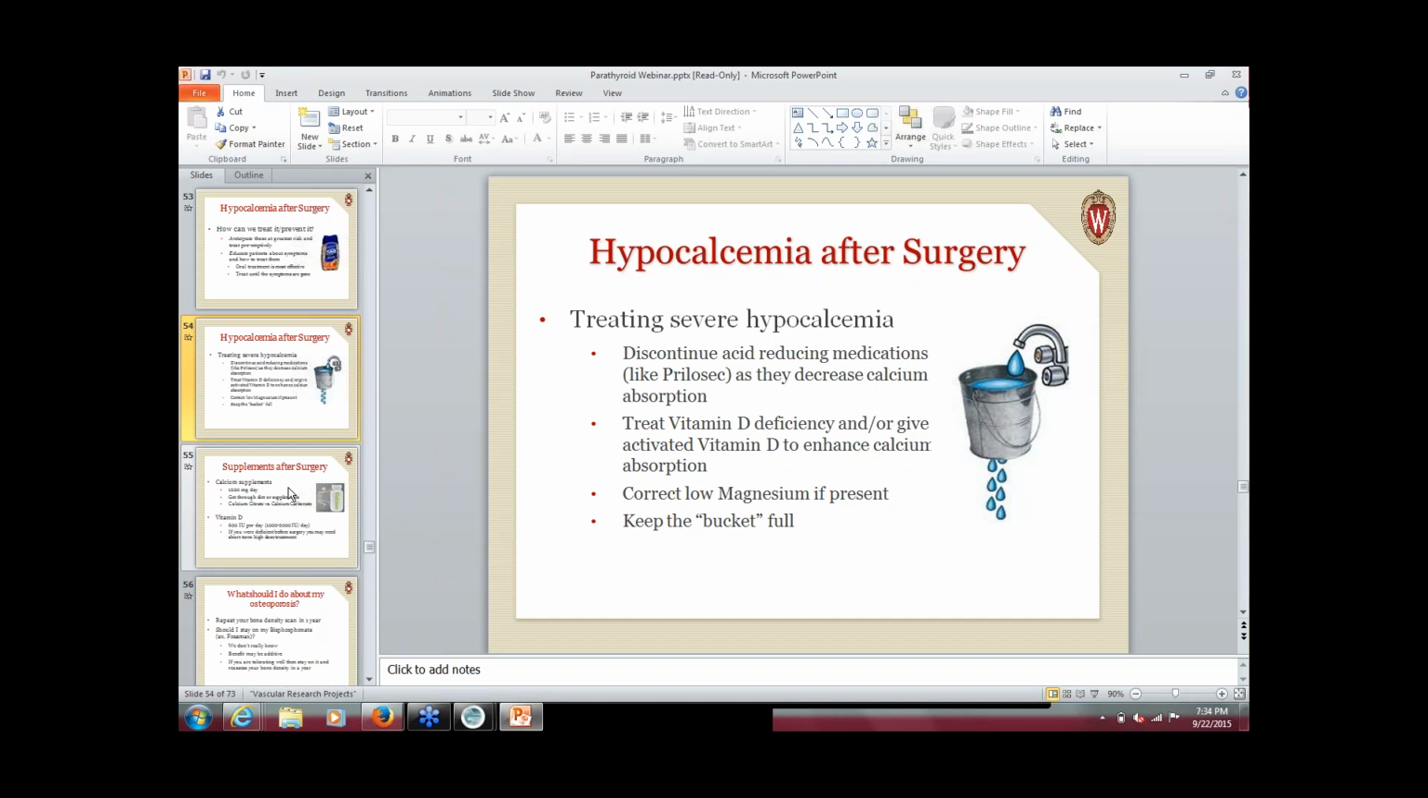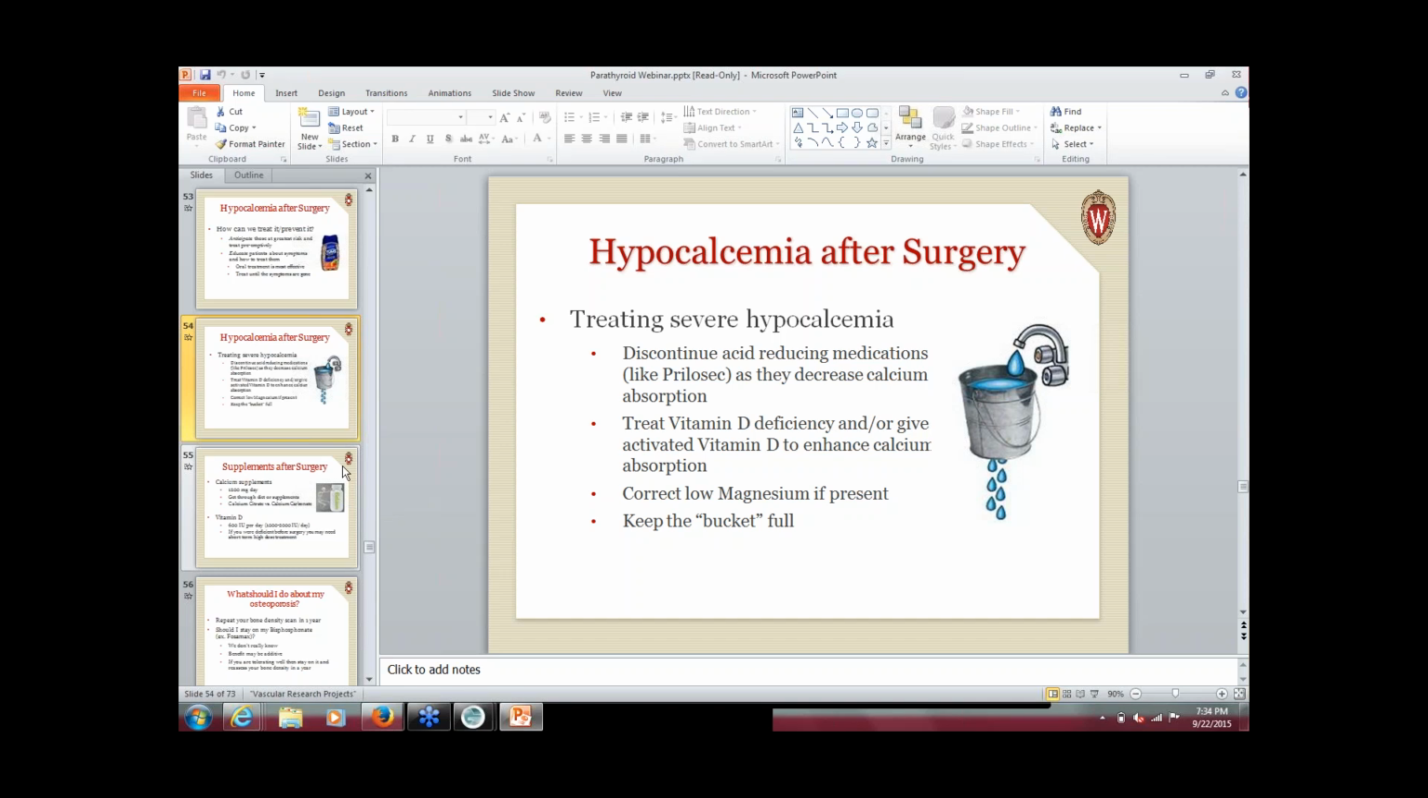The other thing we want to do is if you had vitamin D deficiency, that we want to make sure that we're treating that, because if you're vitamin D deficient, you're just that much less effective at absorbing calcium. We also may give you activated vitamin D in order to enhance the calcium absorption. If patients run chronically low magnesium levels, we may want to supplement that. So if somebody's refractory to our typical treatment regimens, we'll definitely make sure that the magnesium levels are checked and